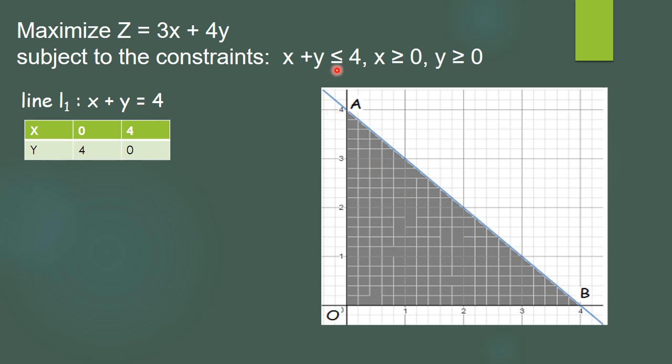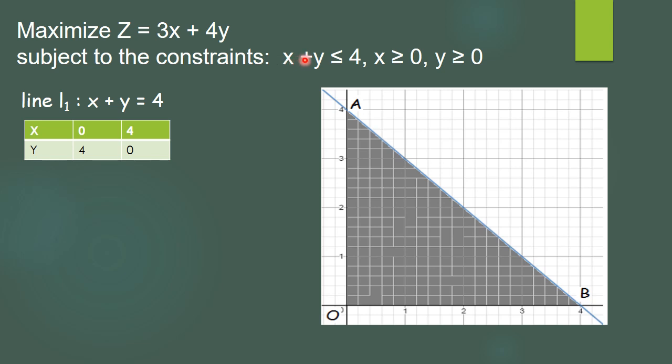Now this is the graph of the equation. The constraint is an inequality, which means it is not the line but a region, either on one side of the line, below the line or above the line, because the graph of an inequality is always a bounded region. To decide which side is the region, we can take any point and check it in the inequality. Here we will check 0 comma 0, replacing x as 0 and y as 0.